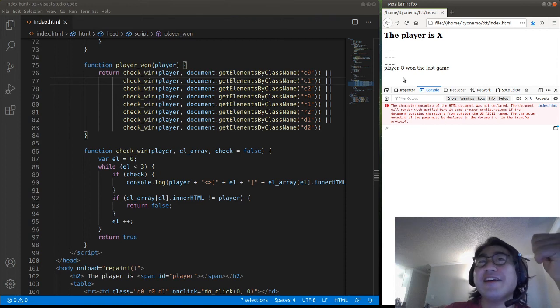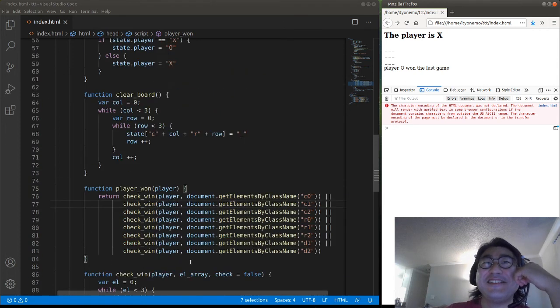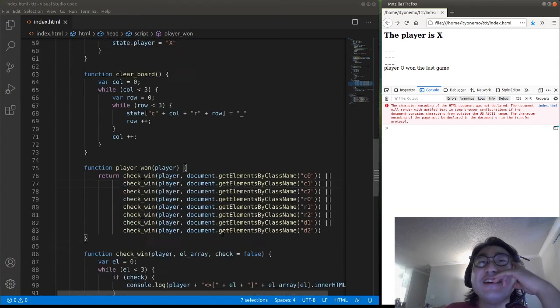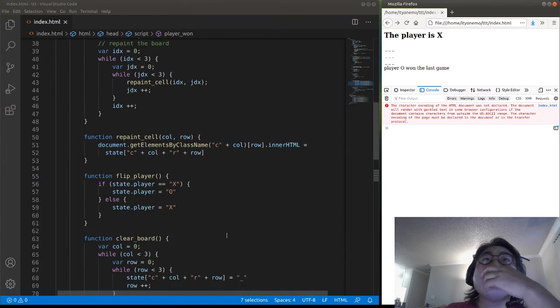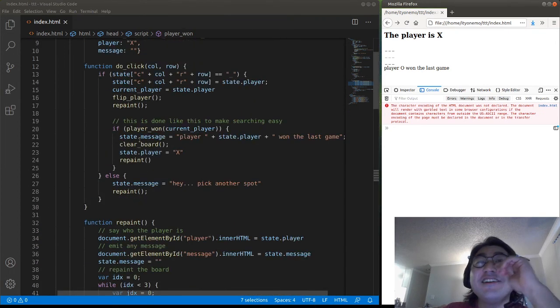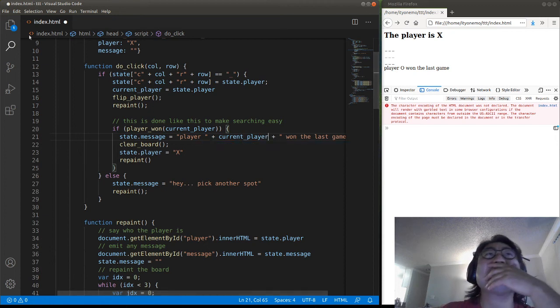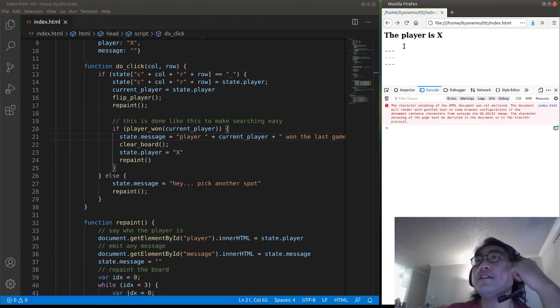Player O won the last game. That is not right. What a pretty funny situation there. That's easy to fix. I have already saved the current player, so we can just make that quick fix. And then we also need to do a full-on check to make sure that it doesn't